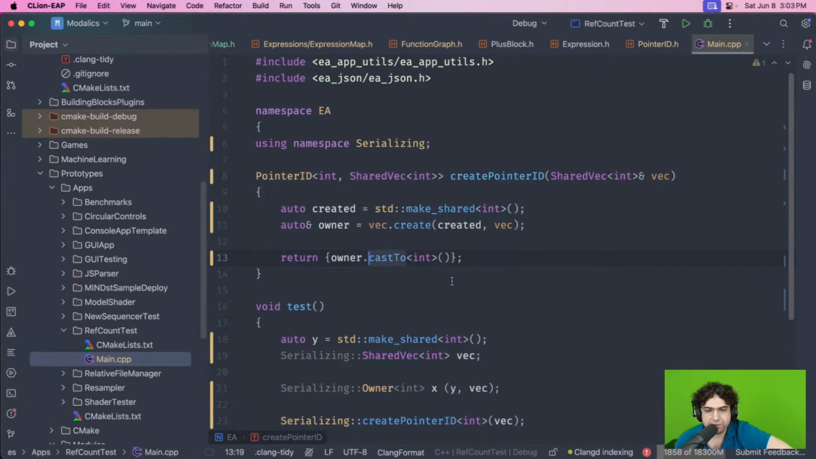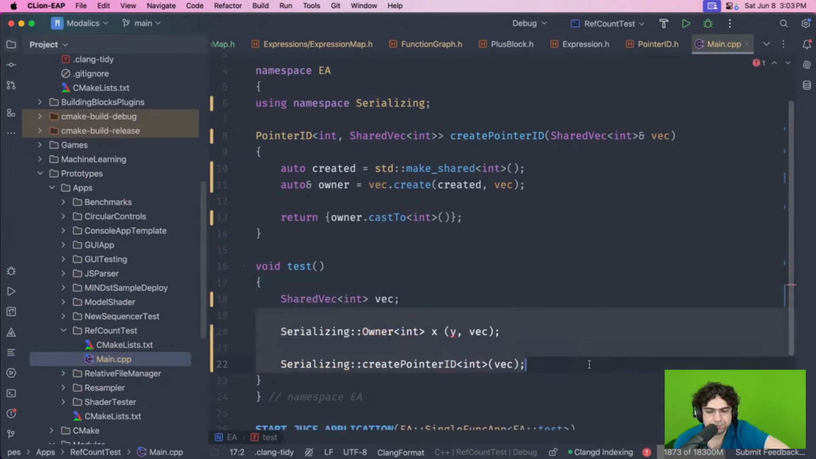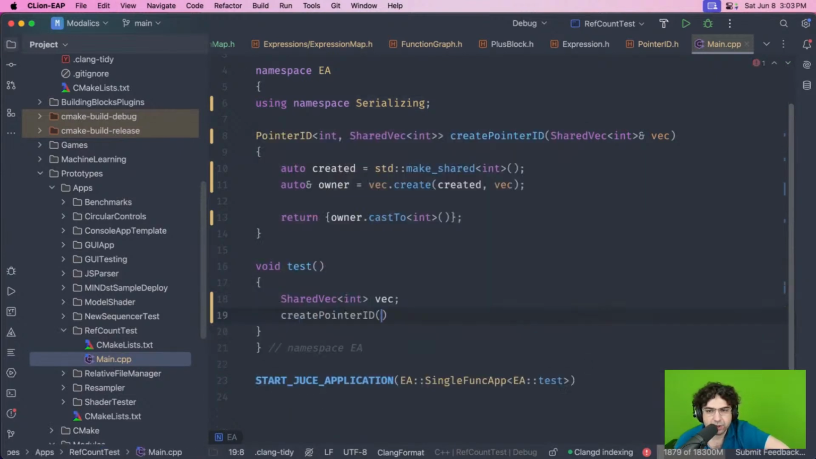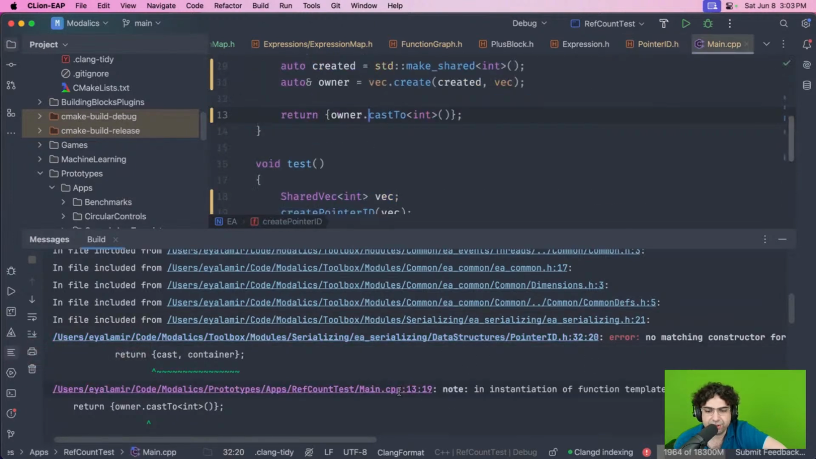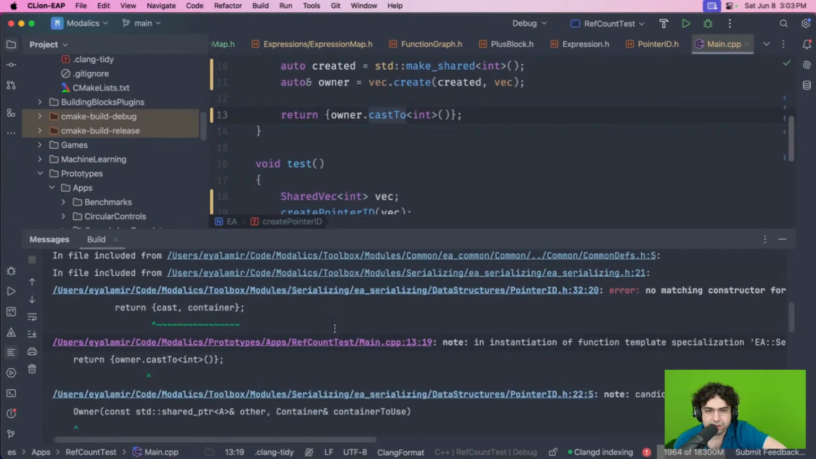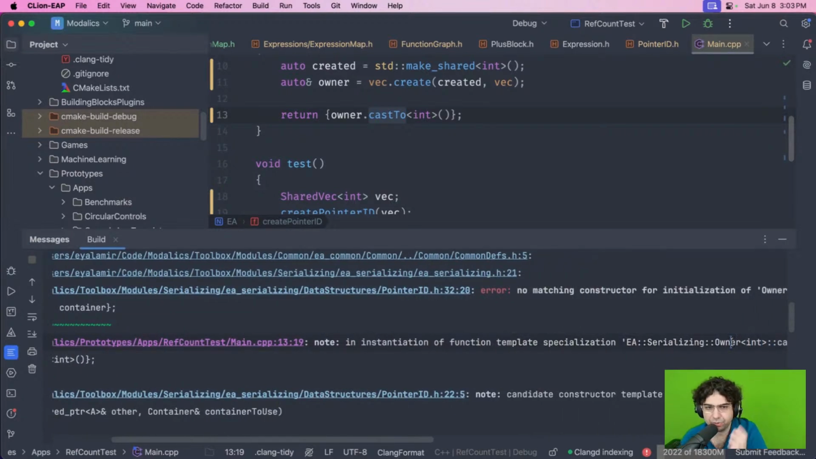And now we should discover, hopefully, what has caused this create pointer ID to fail. Let's see exactly what's not compiling here. Here it is. Okay, that's very good. Owner cast to. Okay, so the problem is... I'm sure I'm not seeing the error right here in the IDE, but